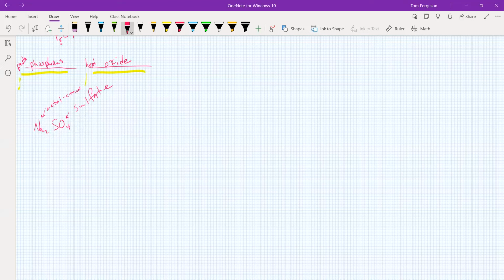Okay. And when we're dealing with ionic compounds, you need to be aware of the charge. So sodium carries a plus charge, and sulfate carries a -2 charge. Now in nature, we never have an isolated charge. We always have to have neutral compounds. So if we have one sodium with one sulfate, that would not be balanced because we only have one sodium to balance one of the negatives. That's why we have to have two positives to balance the -2 sulfate. That's why the formula is